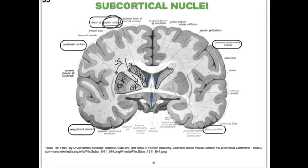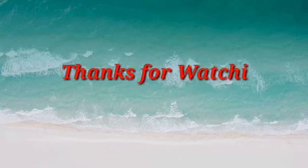Finally, we also see here the amygdala nuclei. Sometimes they're called amygdaloid nuclei. We can't really see the hippocampi very well. We would have to cut another slice to be able to see those well. So we're finally done discussing